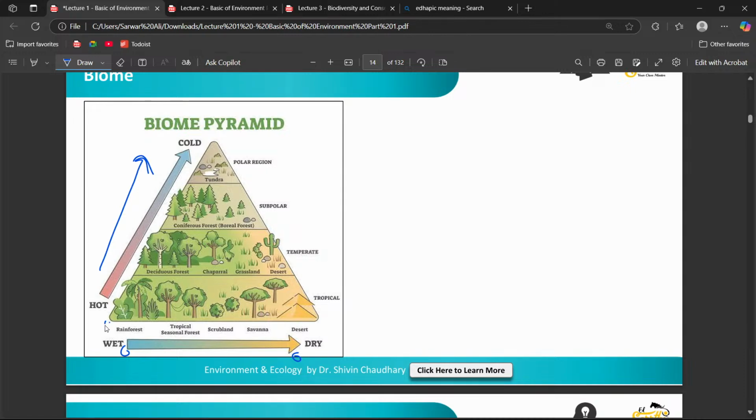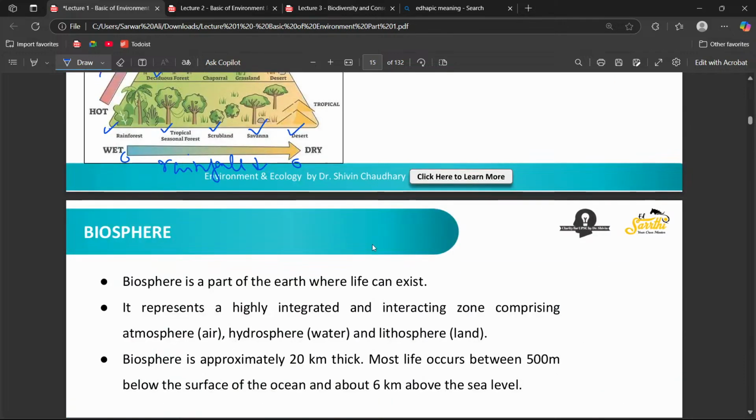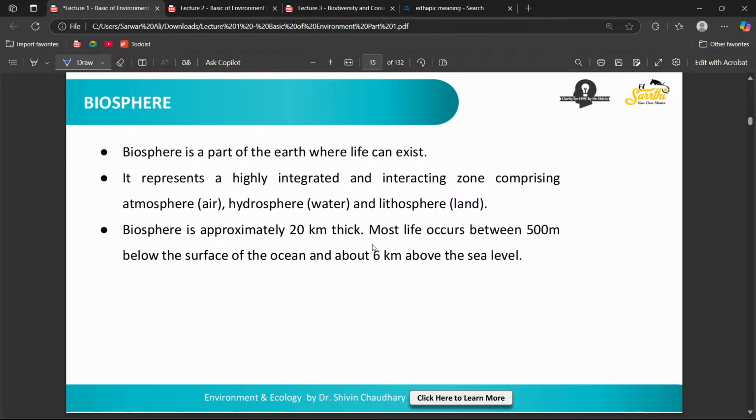In hot we have hot and wet, we have rainforest. Hot and a little less wet, we have tropical seasonal forest. It's starting to get dry, it's scrubland, savanna, desert. Same for hot and a little wet, we have deciduous forest. So basically as you go up, the temperature is decreasing, right? As you go right in here, the rainfall is decreasing. Alright, so these are some examples of biomes with different